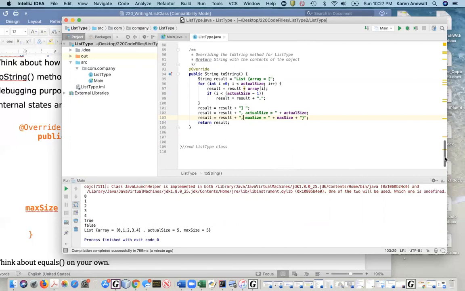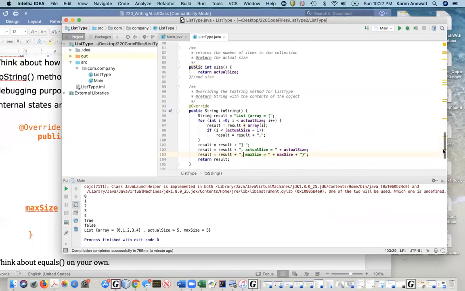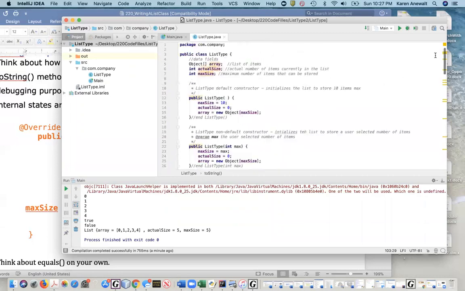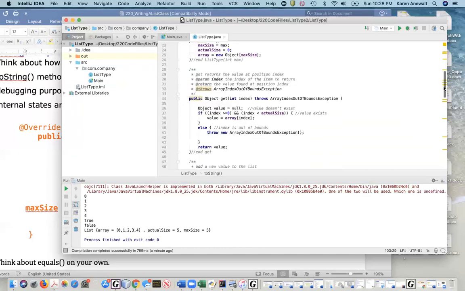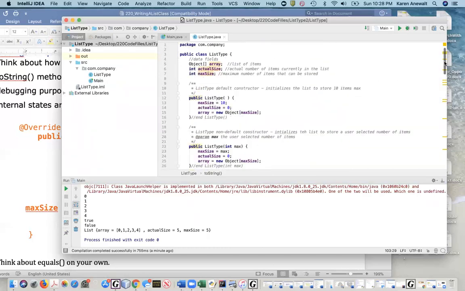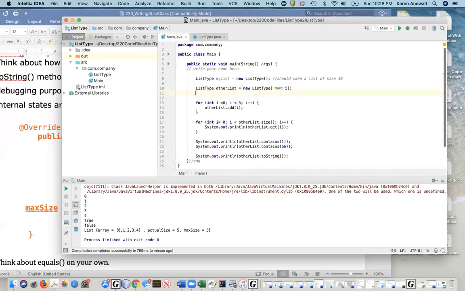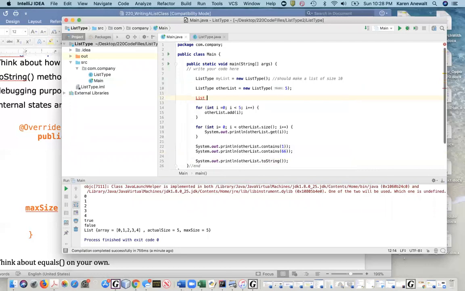And hopefully these lectures have helped to demystify some of the mysteriousness of the ArrayList class and other classes that are part of the Java API, and hopefully helped get an appreciation for the flexibility of the object. When we created our array to store objects, that means we can create objects or lists in our main program that store integers, of course, but we can also make a list type